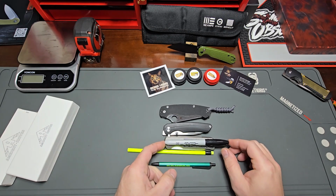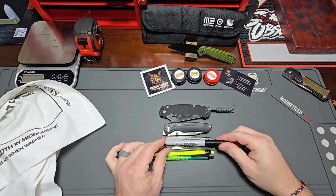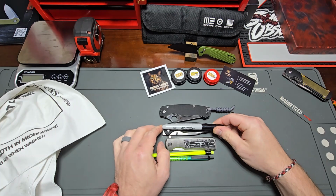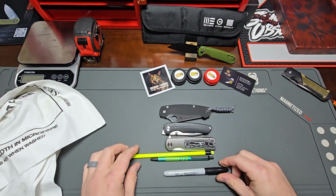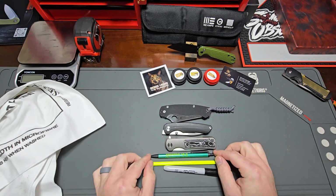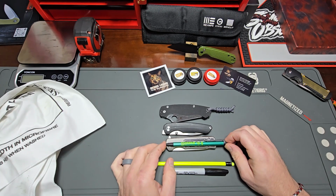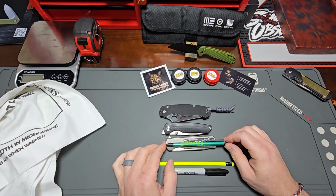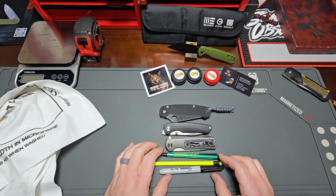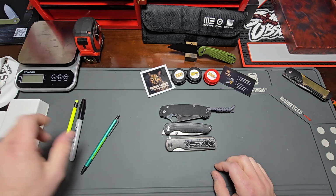So our Sharpie. Yes, the Sharpie here, sorry about that. Had to stop for just a second. As far as size comparisons, you're looking at it there, the Sharpie and the number 2 pencil, they're both very nice length. They're not small by any means, but they are not that gladiator size. I could bring that out if need be, but yeah, there you go. There's your size comparisons with the Sharpies and the number 2 pencils and the regular Bic